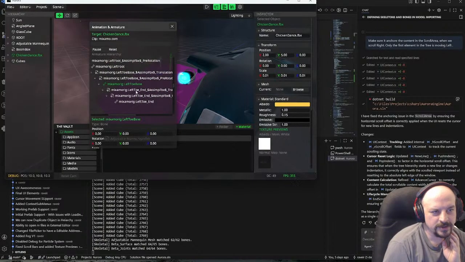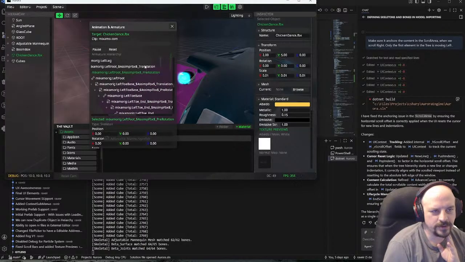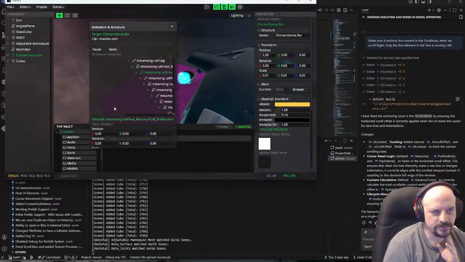And finally, all of these are just transforms. This is the toe. Right, toe in to toe. This should just be under the toe, right? These should be removed. So we need to import all these pre-translations. This needs to go away. This needs to happen when we are importing. I don't know why it's got to be an FBX thing. Maybe we need a different import library, but